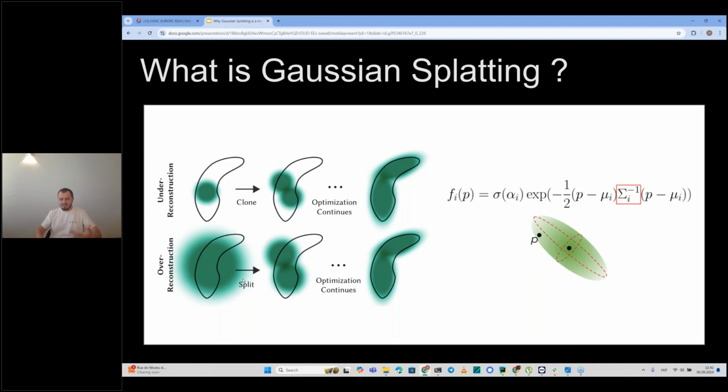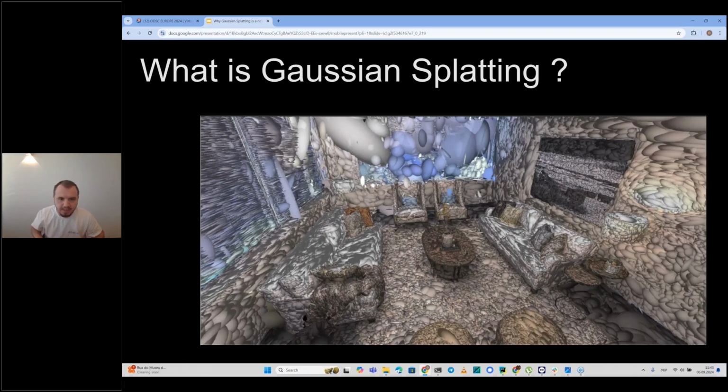So instead of training one big neural network for the whole scene, we are estimating during training parameters for thousands or even hundreds of thousands of different small Gaussians. Each of these Gaussians estimates only a small easily describable part of 3D space.